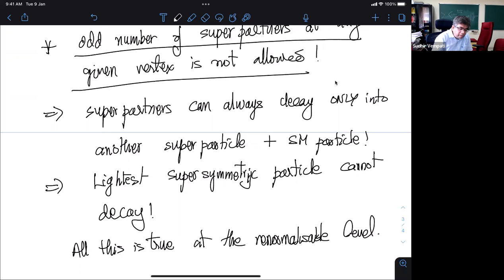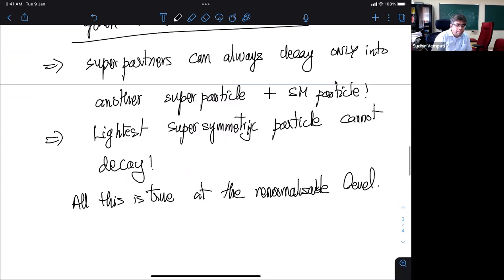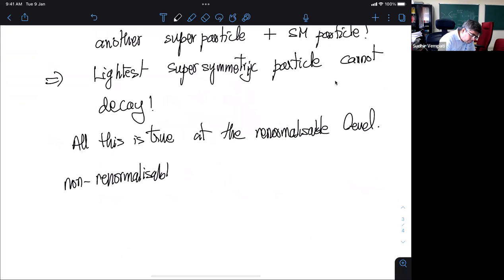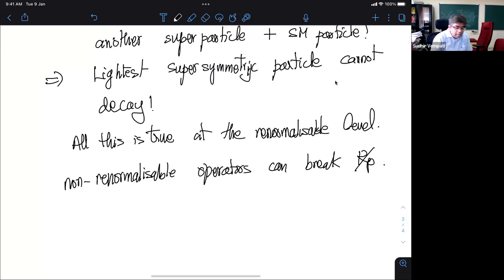So if you allow for higher dimensional operators, for example non-renormalizable operators, they can break R parity. Okay. Can't break R parity. But then, say for example, if you write an effective supersymmetric effective field